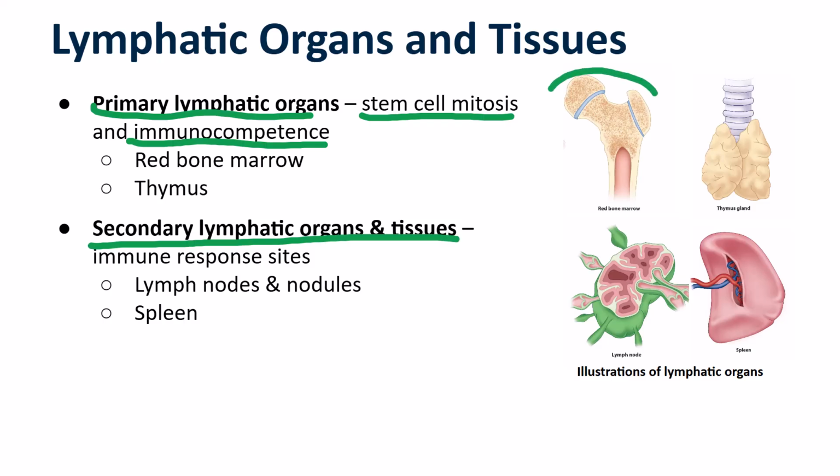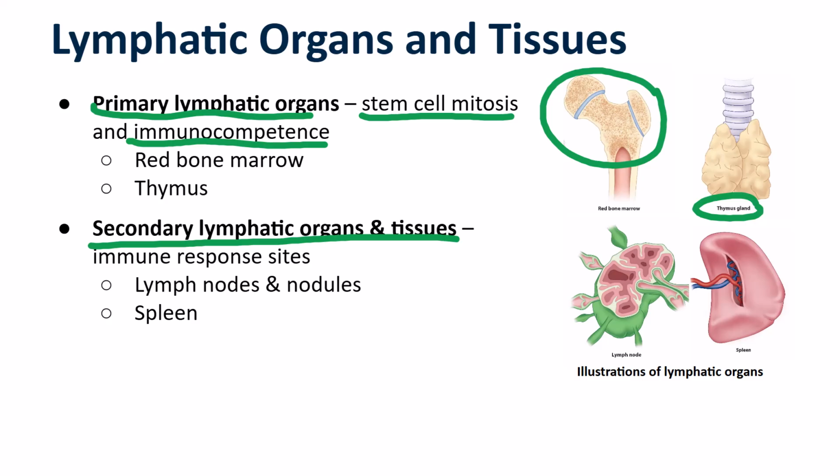Red bone marrow is commonly found at the ends of long bones, so epiphyses and metaphyses. It's also found within the interstitial spaces of spongy bone, of flat bones. The other primary lymphatic organ is that of the thymus gland, which is located within the mediastinum of the thoracic